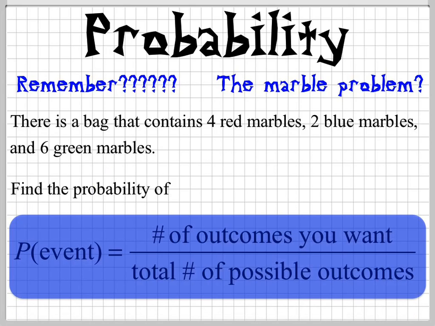But this is the formula to find the probability of an event. P stands for probability. You got your event. Probability of this event is the number of outcomes you want on top, and then on bottom is the total number of possible outcomes. So this is the total possible, and the top represents the number that you want,